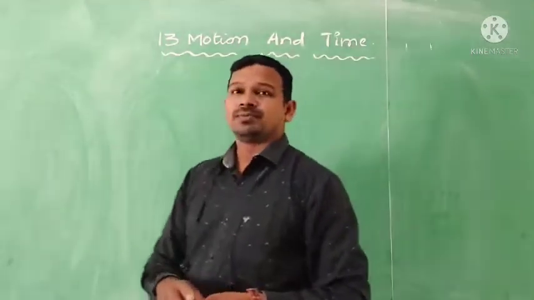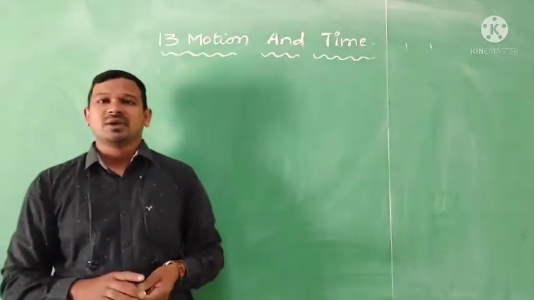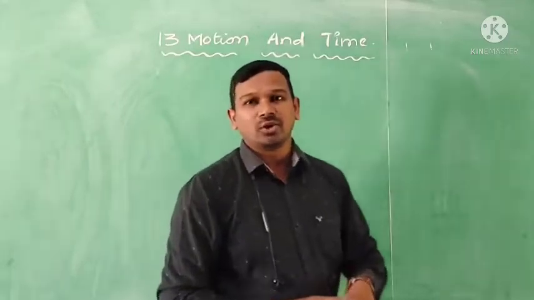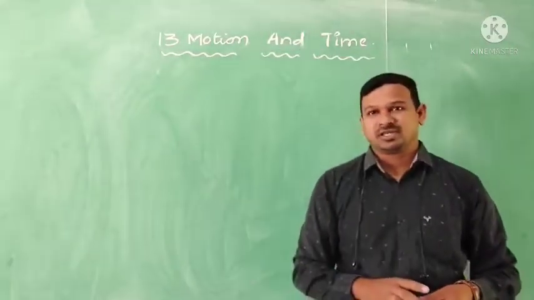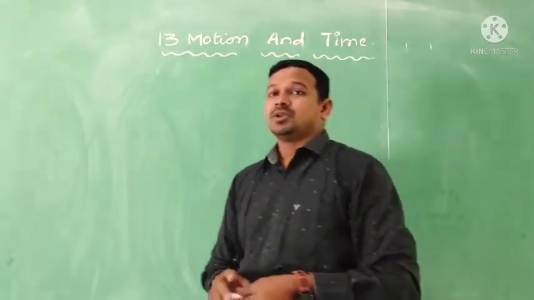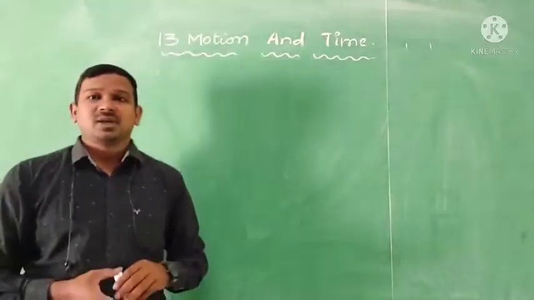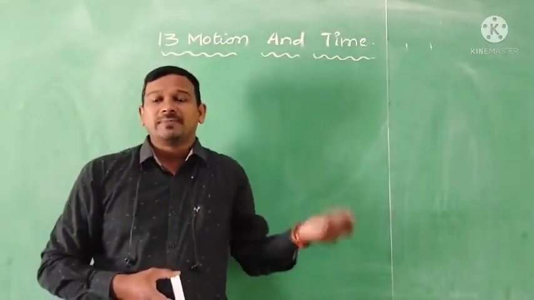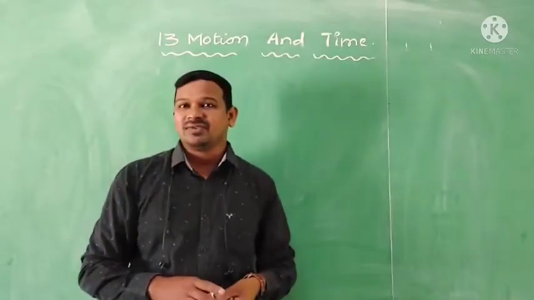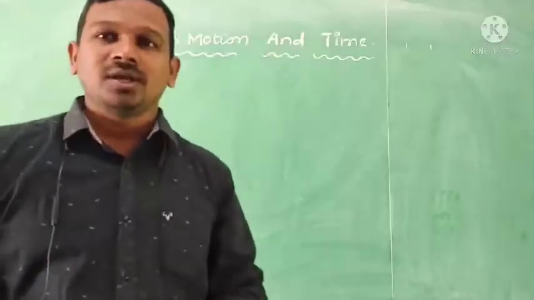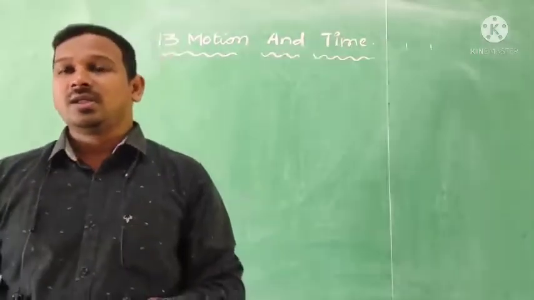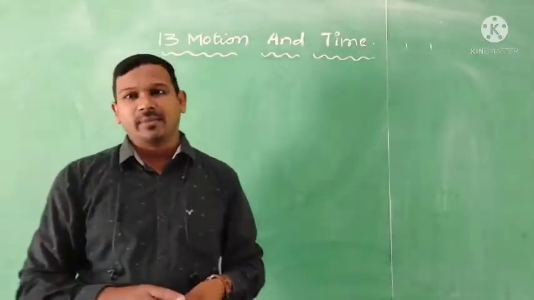Coming to here, we are going to discuss some examples. Based upon those examples, we are going to classify what type of motion it is. Based upon the object's motion, we classify it into different types of motions. Now we are going to study the different types of motion with the help of a table.